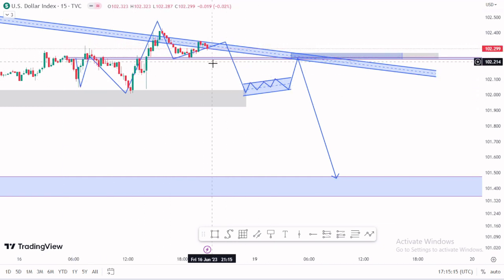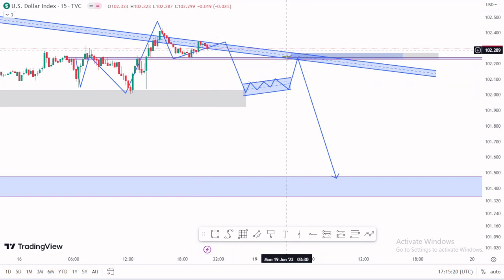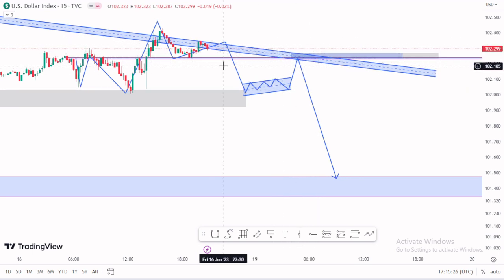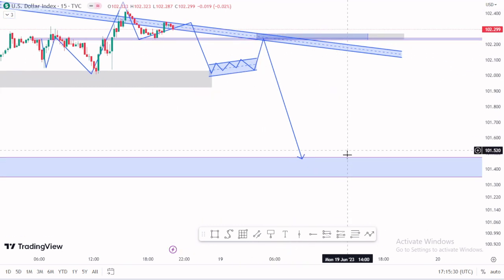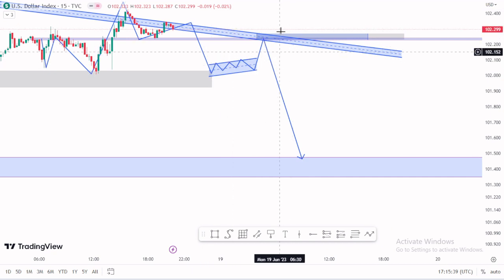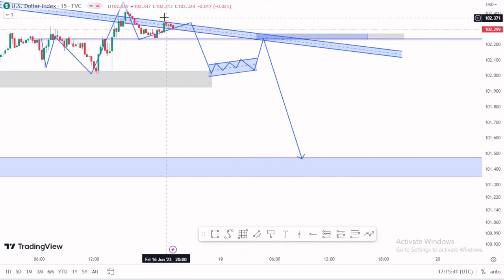We see if they will create some gaps. I'm pretty sure they will create some gaps. Then this pullback will cover up the gap right here. Right now I'm only interested in the pullback. Once they get into this range, I'll be looking for selling opportunities, taking the DXY more down to 101.476. And right here, I'm not yet sure which will be our entry point, because as you see,